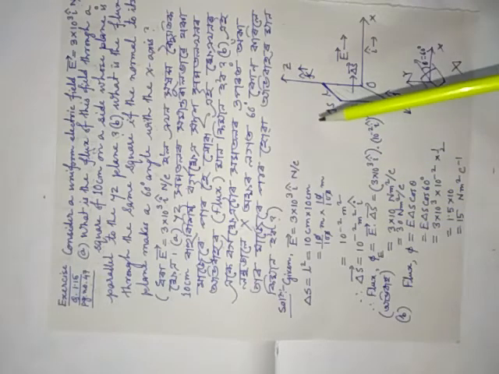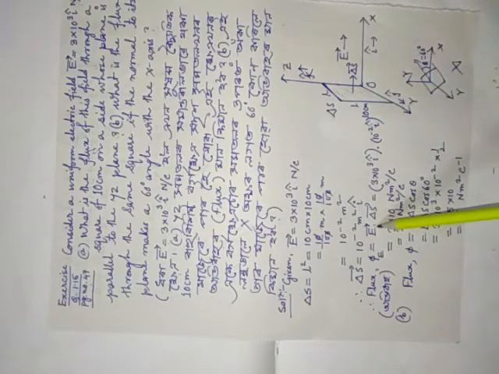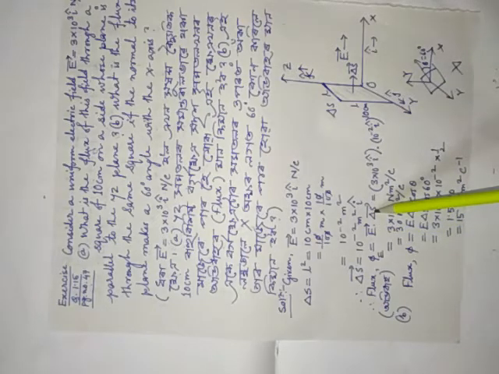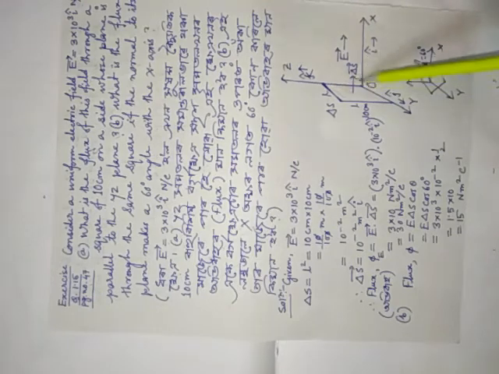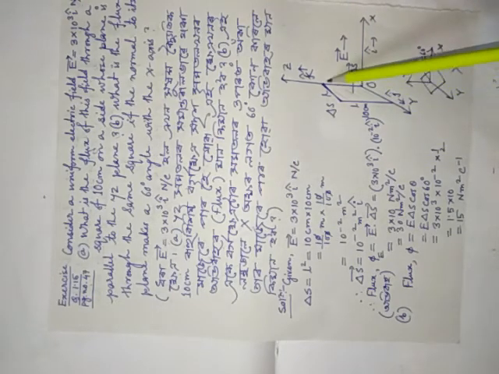One thing you remember, when theta is given, you put the value phi is equal to E delta S cos theta. When angle is not given, plane is given, then you put the value in E vector dot delta S vector, this formula. Okay, and don't worry, just remember that if delta S is given in suppose xy plane, then you have to multiply with k cap. If delta S is given in xz plane, then j cap. If delta S is in yz plane, then i cap. Okay, this is the thing.